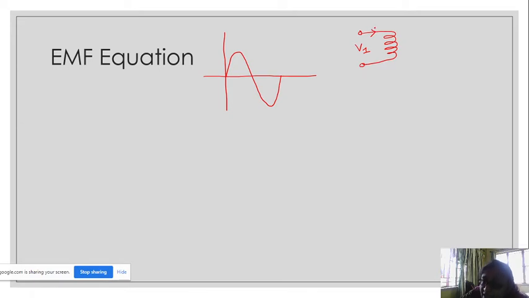And what will be the nature of the magnetic flux? The nature of the magnetic flux will be just like the current flowing through the circuit. So if the voltage is sinusoidal, the current will be sinusoidal, and naturally the flux will also be sinusoidal. Suppose this is the flux. The flux will be phi m sin omega t. Is there any confusion up to this point?